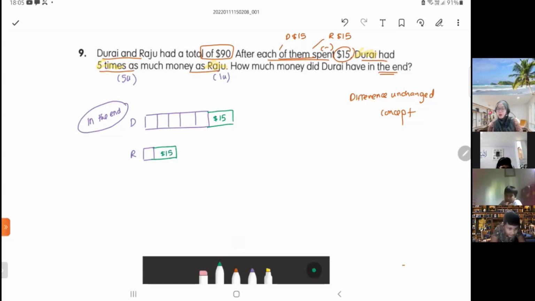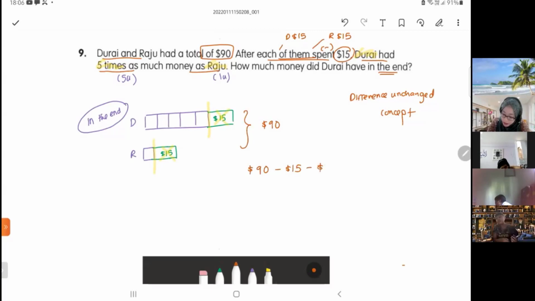Okay, like that. So you know that this $15 is redundant. I just want to take them away because this is what they spend. This is what they spend. They spend already. Okay. And then they have $90. Okay. So this $90 is before they have spent, right? This $90 is before they have spent. So if you want to know what they have now in the end, you must take your $90, take away the spending of $15, take away the spending of $15